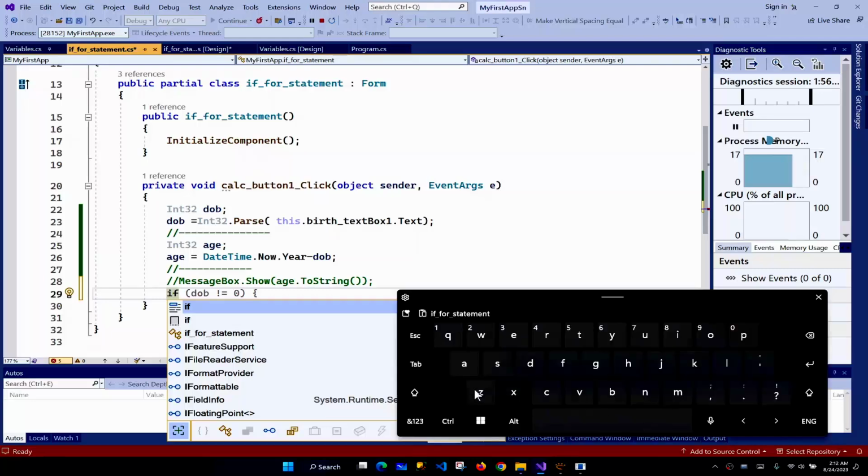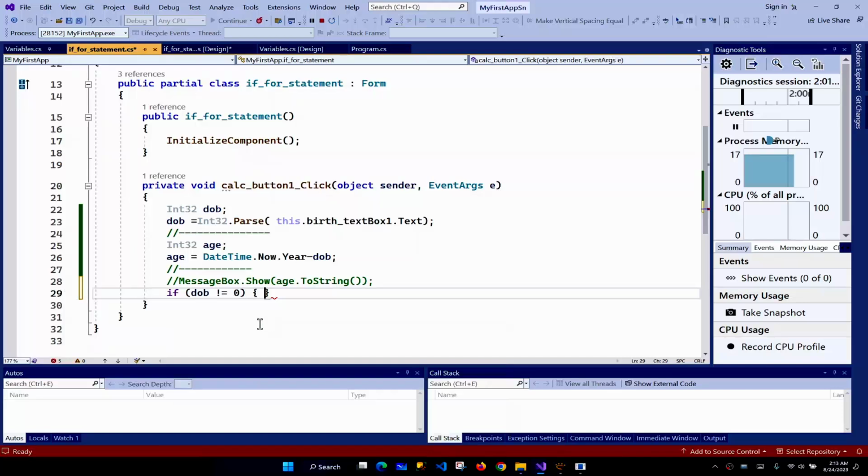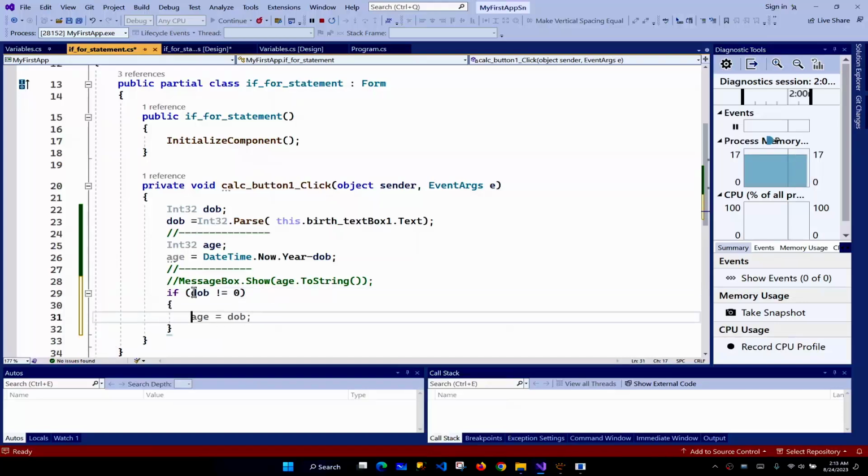So the tab key is this one, the tab key. Double press it and this is the result. The if structure is auto-generated. So if the age is greater than, for instance, 30,